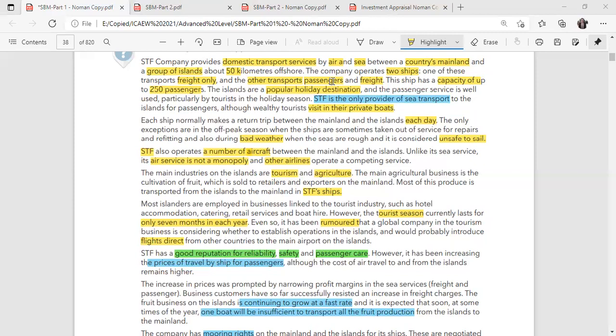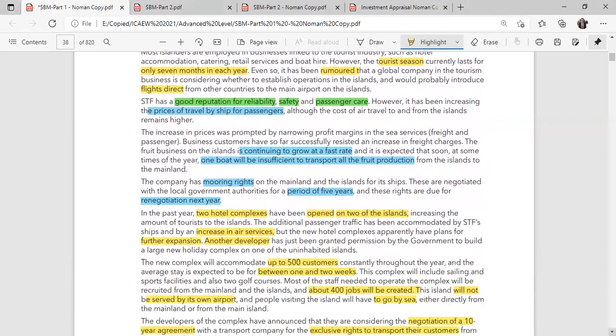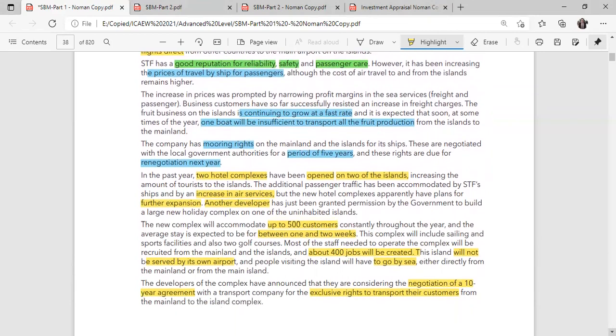Yes, Masvid, to some extent you are right. First of all, you mentioned that there could be a threat of new entrants. It could be possible, but as we review our scenario, it is not mentioned that anyone could come through the sea side. On the air side, we have one global company that can come across, but for the sea side, it is not yet mentioned in our scenario.